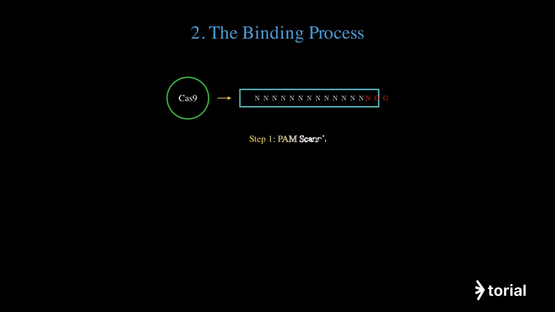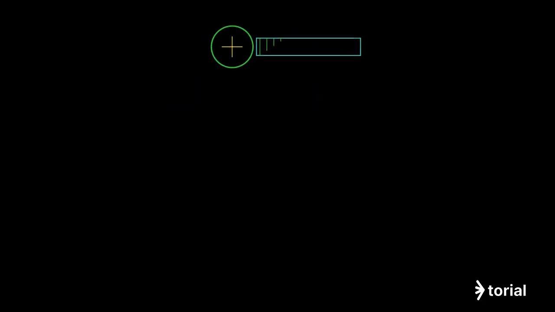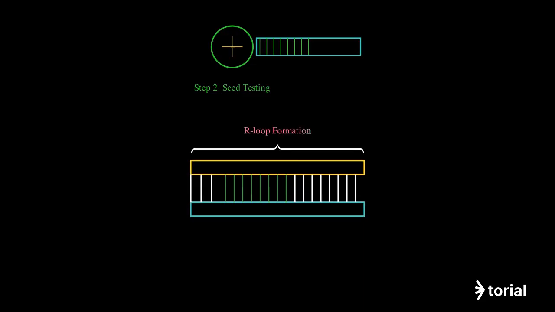Step 1. Cas9 scans along the DNA, searching for PAM sequences. This is rapid and nonspecific. Step 2. Upon finding PAM, Cas9 tests the seed region. The guide RNA probes the DNA for perfect complementarity. Step 3. If seed matches perfectly, the DNA double helix unwinds, forming an R-loop structure where guide RNA hybridizes with